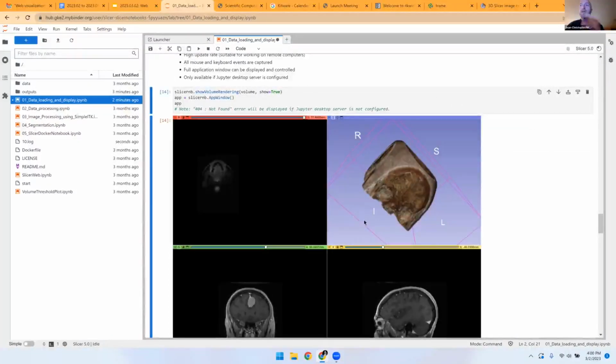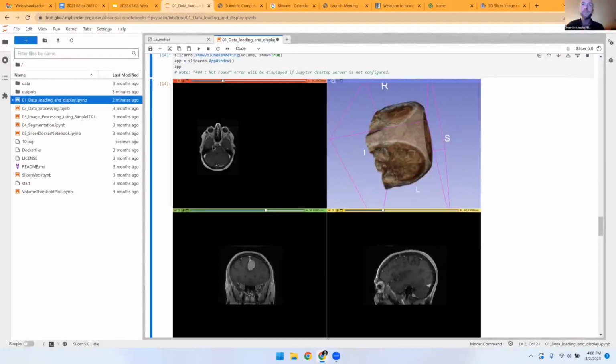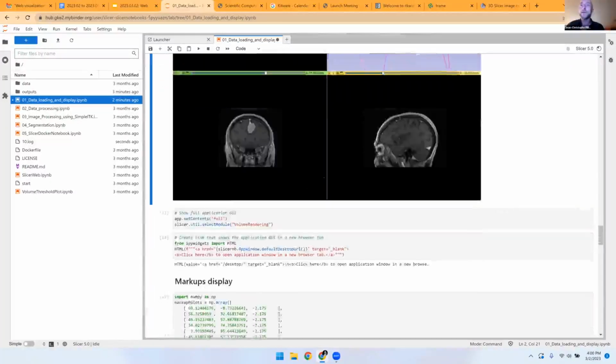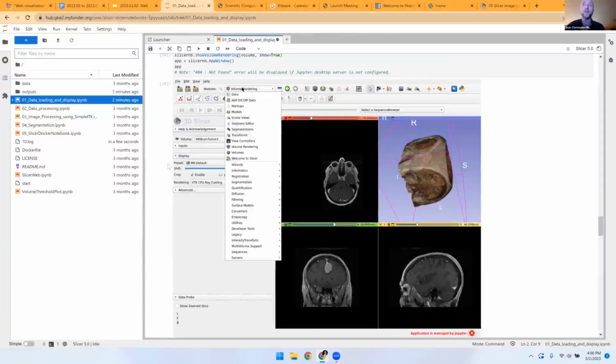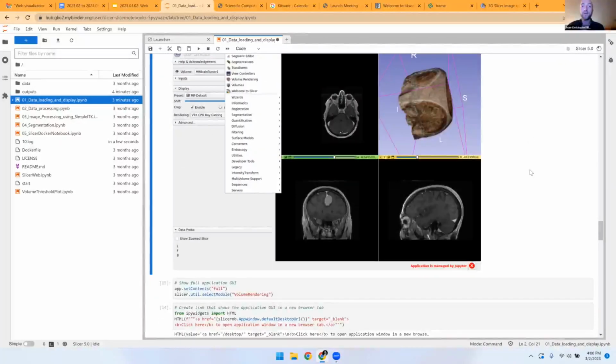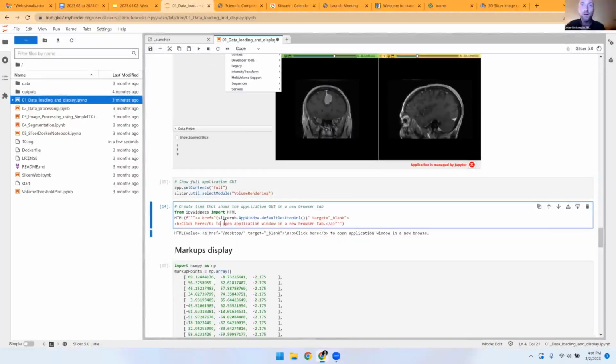VNC session. It's using HTML VNC, and I can interact with the application over the wire. And now, if you want to switch to full and see the complete application, we can call set content to full, and it's going to update the view we saw above. And here we have access to the full application that you will get on the desktop through that JavaScript VNC, if you will. And you could also